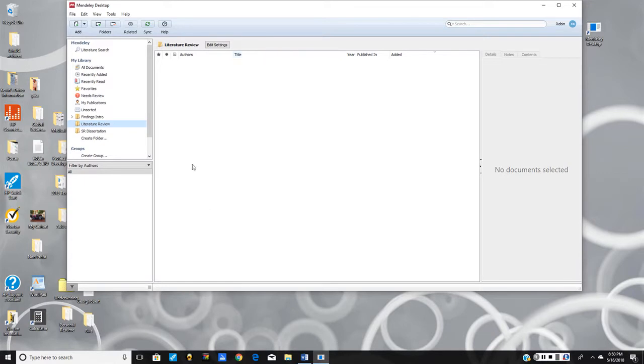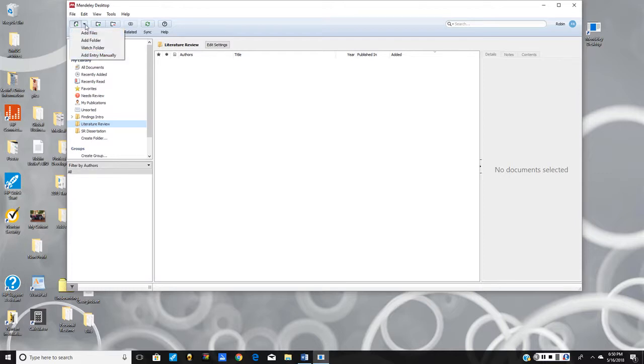So what I do is I already have my articles downloaded, whether I go to the UMUC library and just download some articles from my search string. I download all of them, and mainly all of them are PDF files. When I'm ready to add those articles to the Mendeley software,